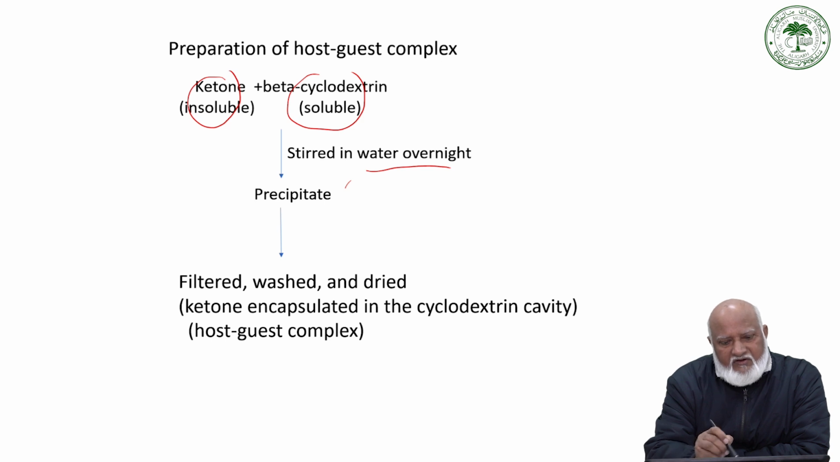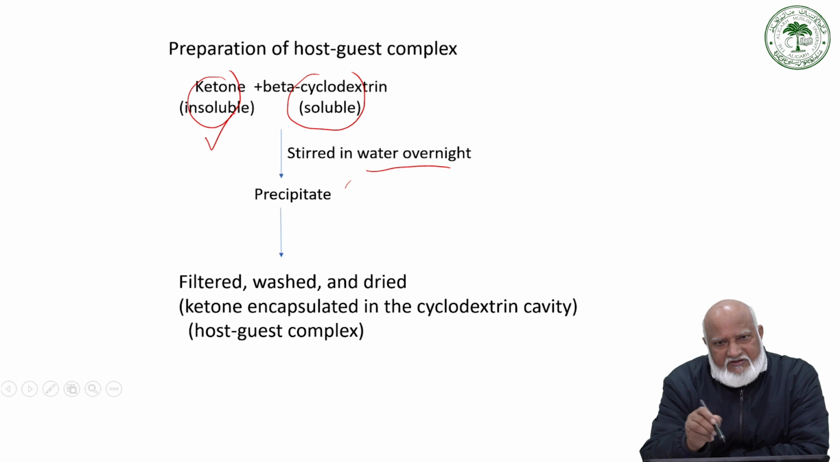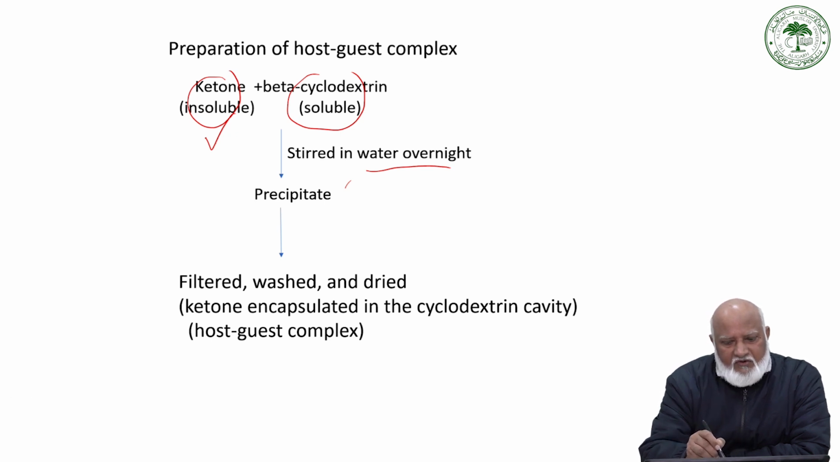Cyclodextrin is soluble in water. This ketone is not soluble in water, so you can see that if it is solid, it can float on the top of the water, or if it is liquid, you can also see it as an immiscible liquid. But when we stir overnight slowly at room temperature,